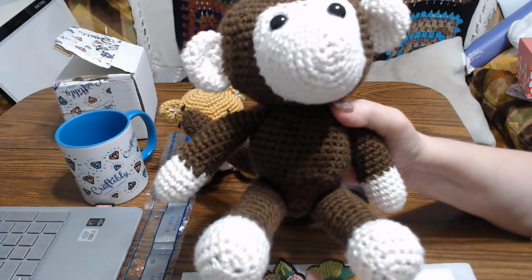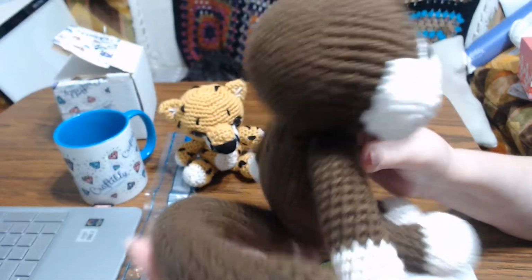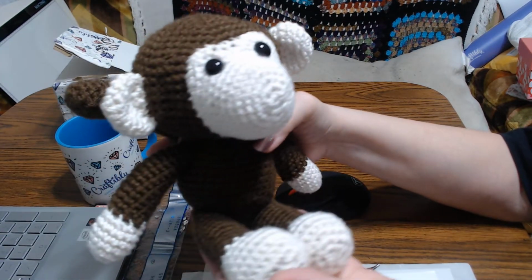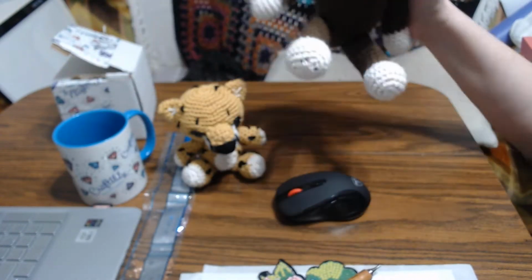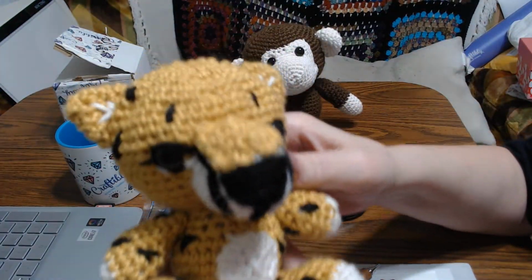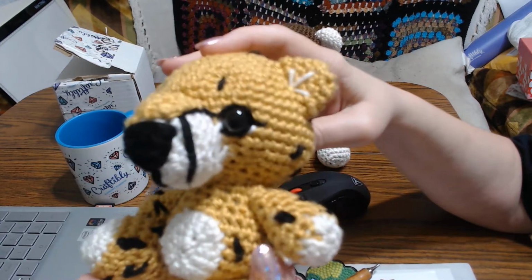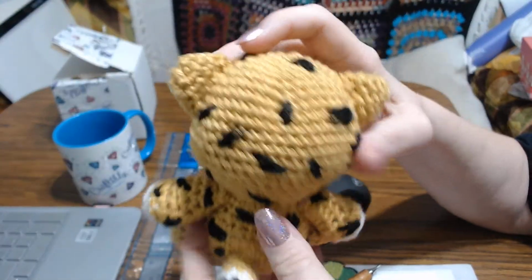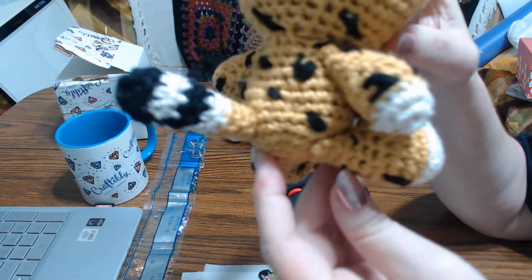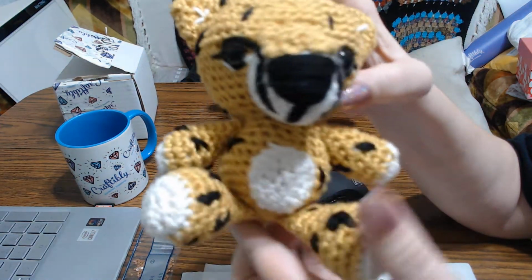I showed my blanket I crocheted on a separate video. Here's the monkey that I've made. I tell you what, these amigurumis are as cute as they can be, but putting them together. And then she's doing her nursery in Safari. And here is the cheetah. I just love the cheetah. I think he's cute. He's not perfect. Let me tell you, these are not perfect. If you're looking for mistakes, you're gonna see them. Because I'm certainly no perfect person at doing this, but I got all his good spots, and I just think